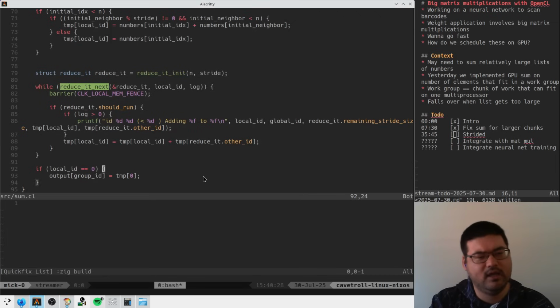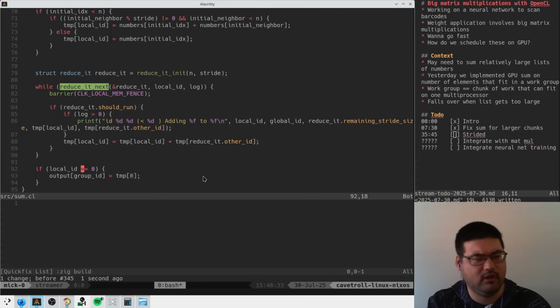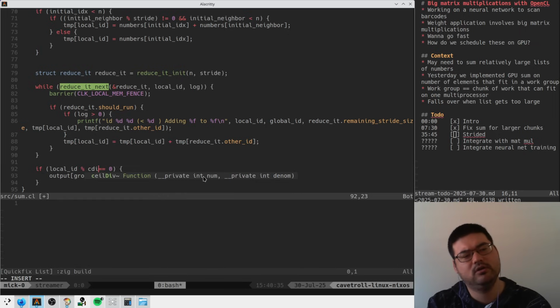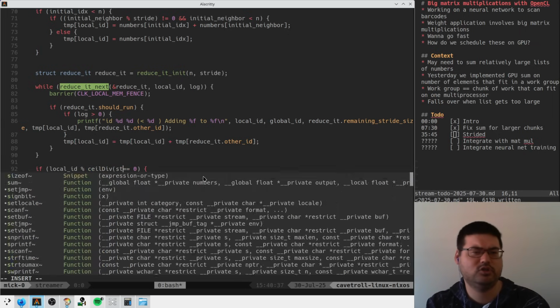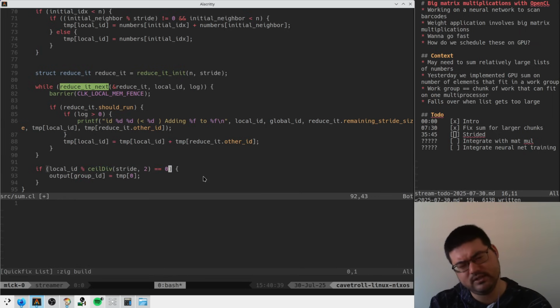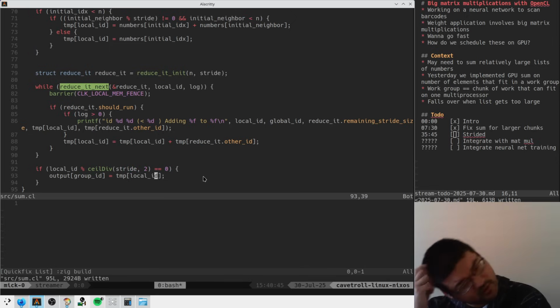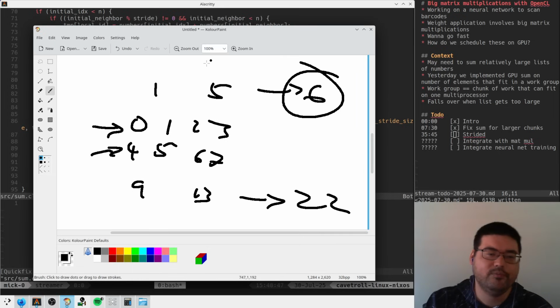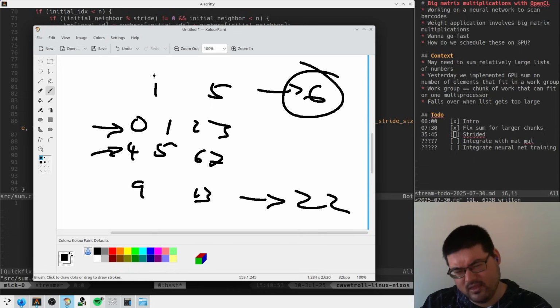So I think it's like if local ID percent stride over 2 is equal to 0, then we look at local ID here, right? So this stride is 4. Actually, ceil div doesn't, yeah, it's fine, because sometimes it's big. Then